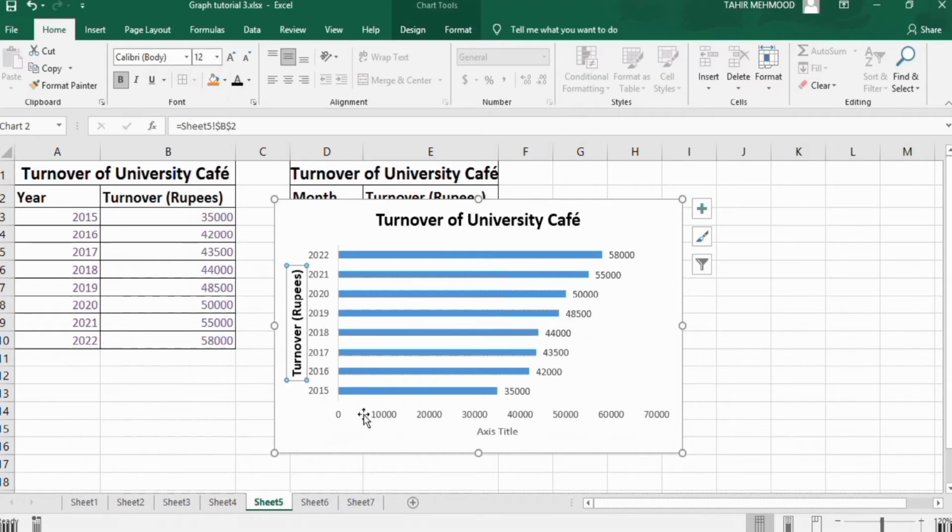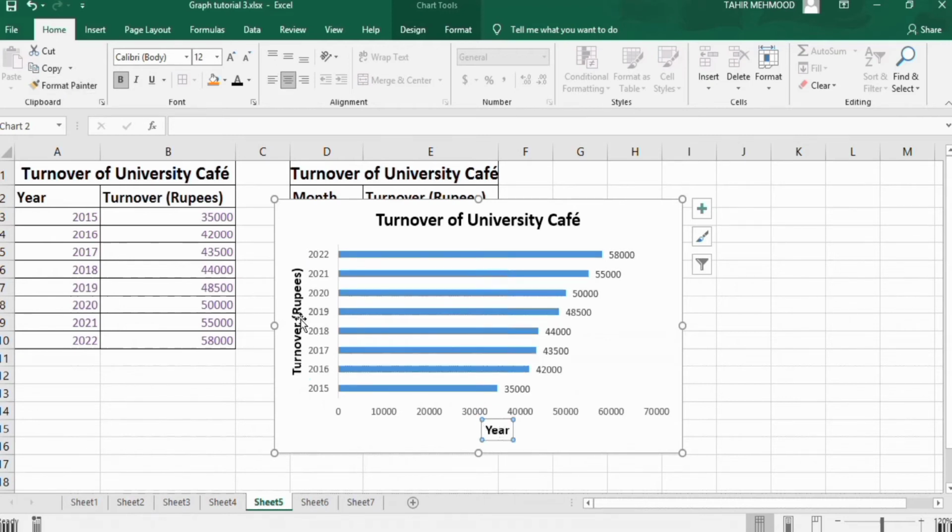Secondly, if you want to manually add an axis title, select this one and double click here. I will write year, and copy the format of this one by selecting it and clicking on format painter, and again click here. It will be formatted like this one. Now select these values,